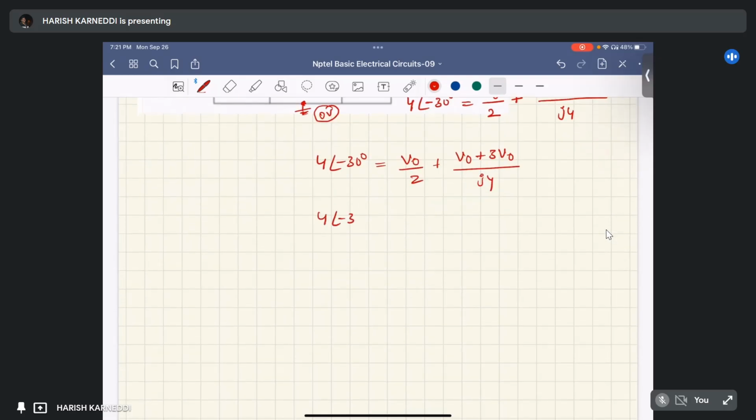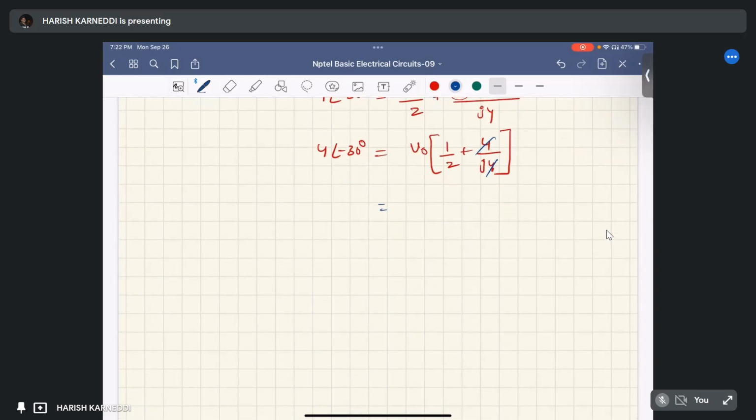4 at an angle of minus 30 degrees equal to V0, we can take it out, is 1 by 2 plus 4. Why? Because 1 V0 plus 3 V0, it is 4 V0. We can take the common V0 by j4 ohm, in which this 4 and 4 will be cancelled, then